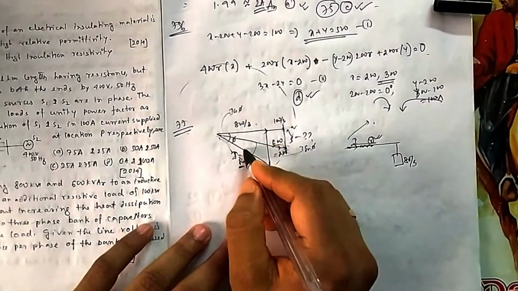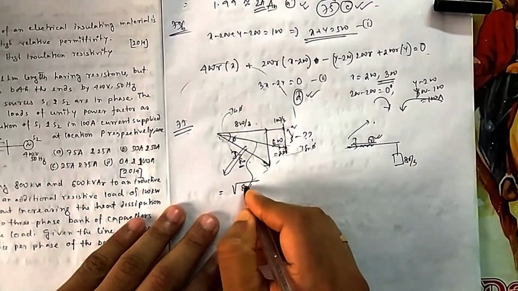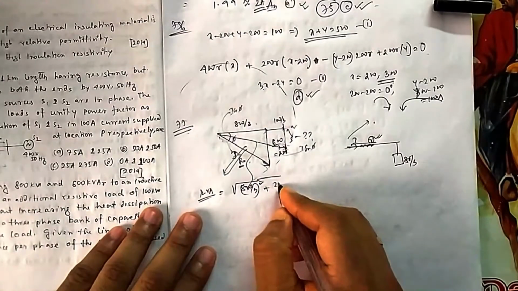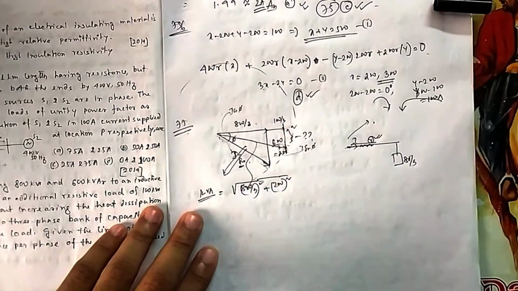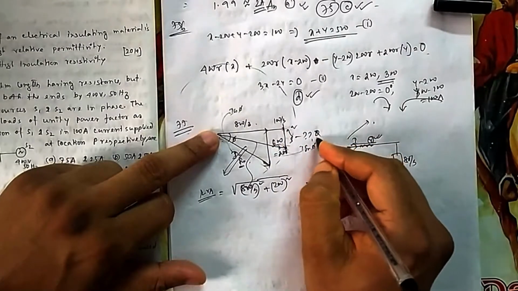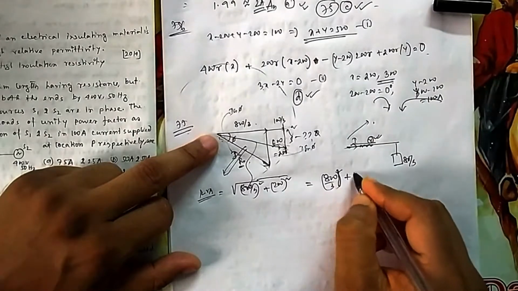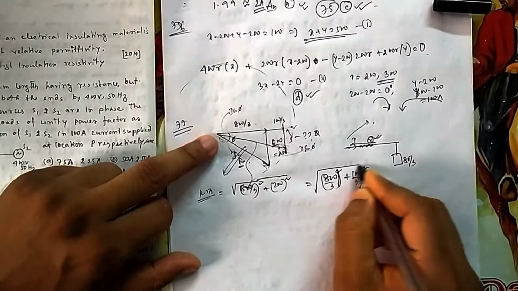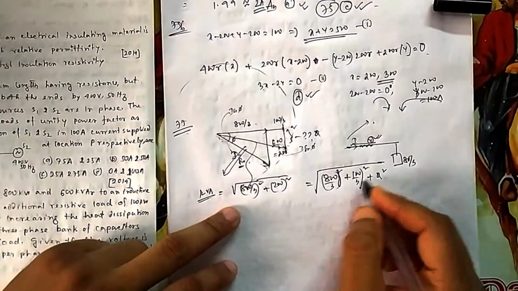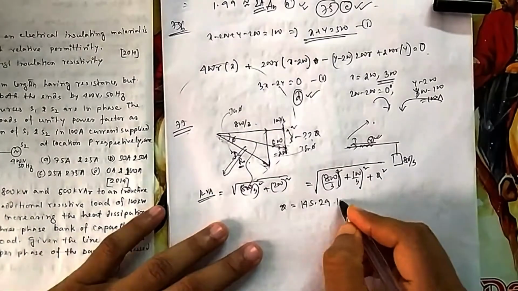So you can calculate in the earlier triangle what your I is. This length should be fixed, so that is equal to 800 by 3, or you can say kVA should be fixed, plus 200 whole square. That should be equal to, for this triangle you don't know how much Q it is taking, so it will be 800 by 3 plus 100 by 3 whole square plus Q square. If you solve it, you can remove the root from both sides, and ultimately you will get Q equal to 145 point something kVAr.